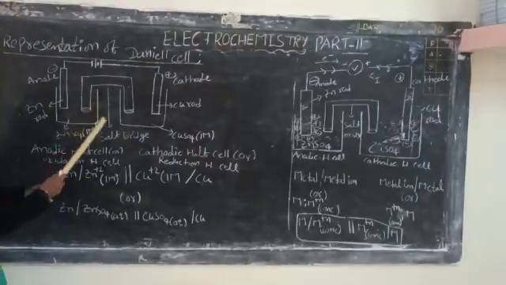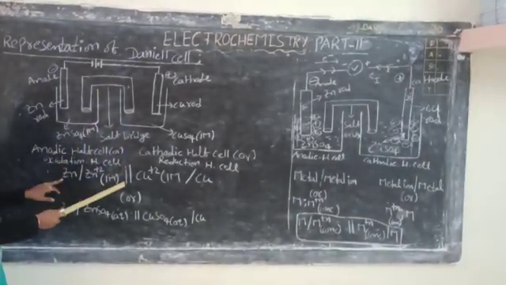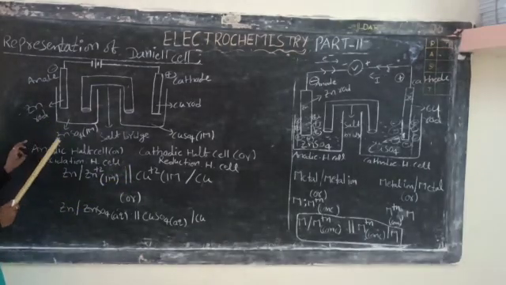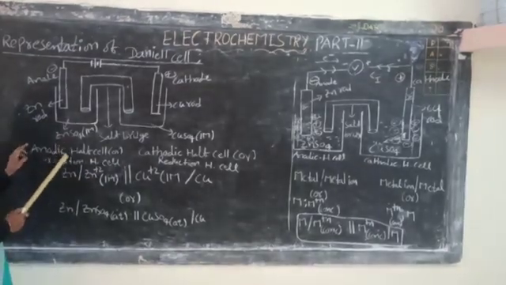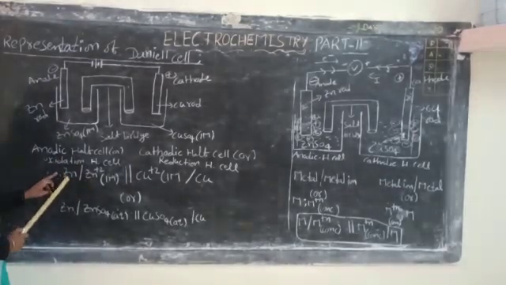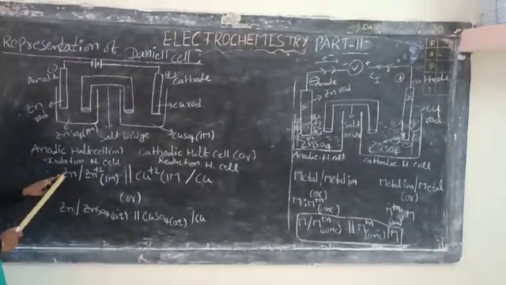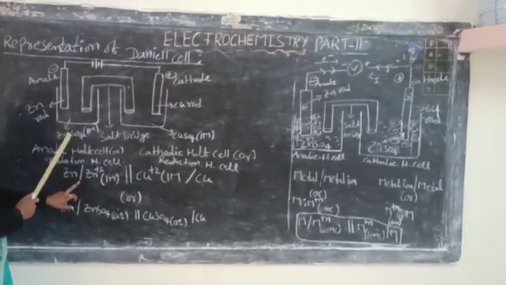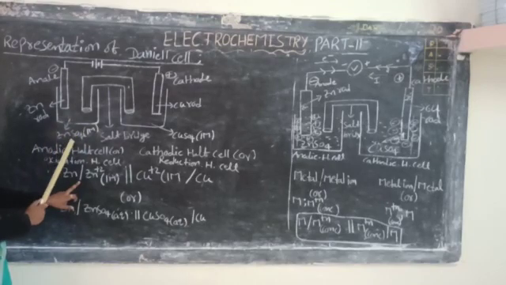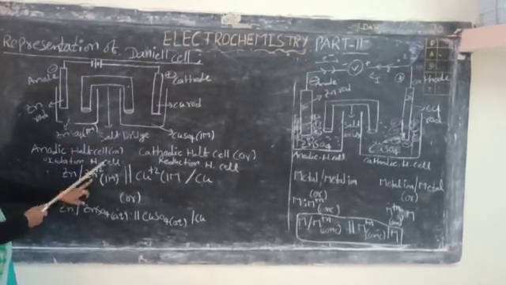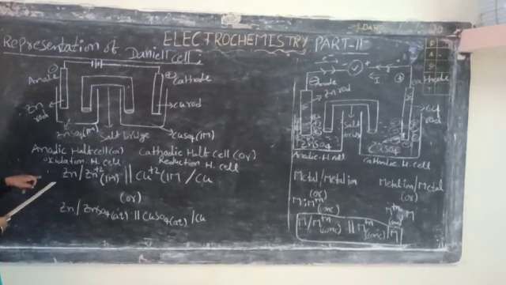So then how do we represent it? First we write the salt bridge representation, that is two parallel lines, and on the left hand side, the anodic half cell. What is the condition to write the anodic half cell? Metal followed by metal ion. Metal means the rod, that is the electrode. What is the metal ion? Which electrolyte have we taken? Here zinc sulfate electrolyte is taken. In this zinc sulfate electrolyte, the zinc ion is present, so that's why Zn2+. What is its concentration? 1 molar concentration is represented in brackets. This is the left hand side.